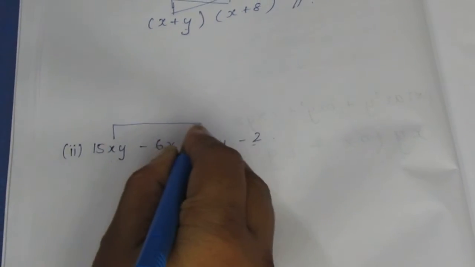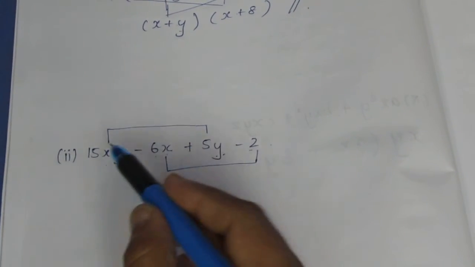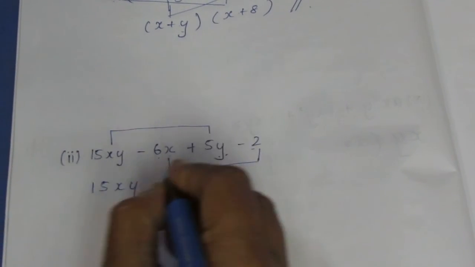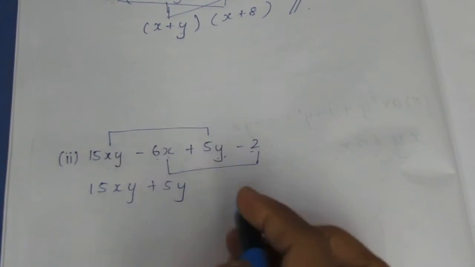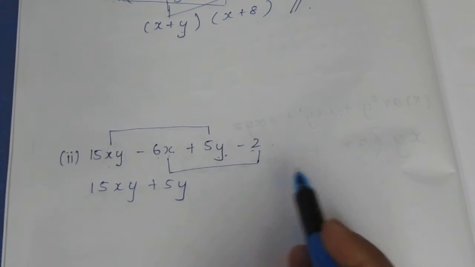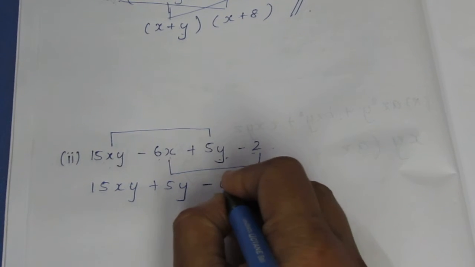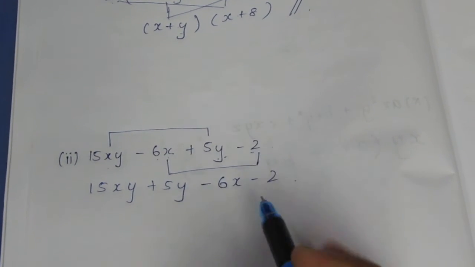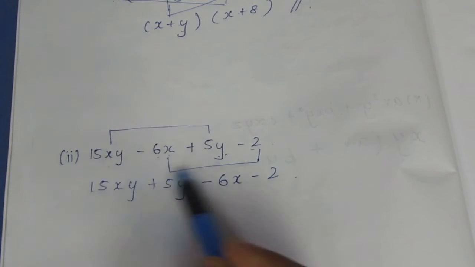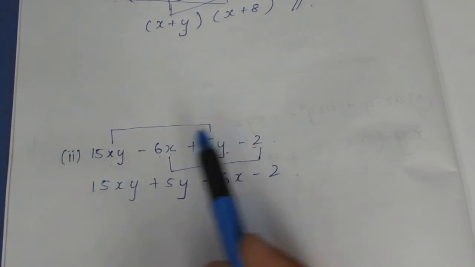So I am regrouping this. I am taking this 2 because it goes in the 2 table, and 5 goes in the 5 table, which means I am regrouping. I am just changing the place and writing. Changing the place means we are changing on this side itself, so no need to change the sign. There is one confusion with everyone, whether we need to change the sign. No, we should not, because we are not taking this 2 to the other side. We are changing the place on the same side itself, so no need to change the sign.